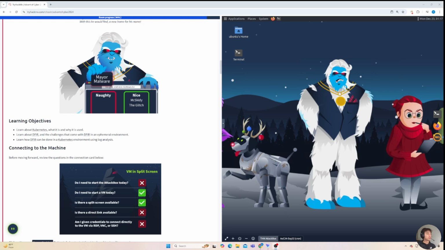2024. In today's room, day 22, we're going to learn about Kubernetes and DFIR, which is digital forensics and incident response. We're going to learn about Kubernetes, what it is, and why it is used. Also, we learn about DFIR and the challenges that come with DFIR in an ephemeral environment. And last but not least, we learn about DFIR and how it can be done in a Kubernetes